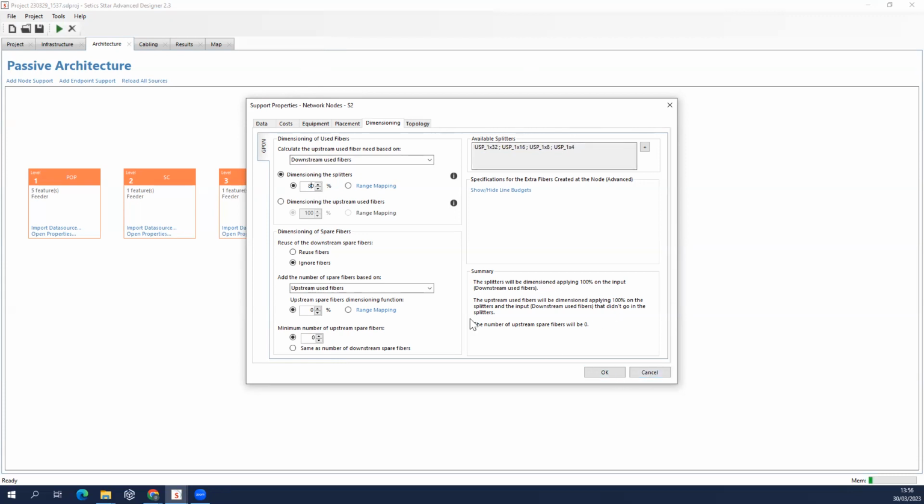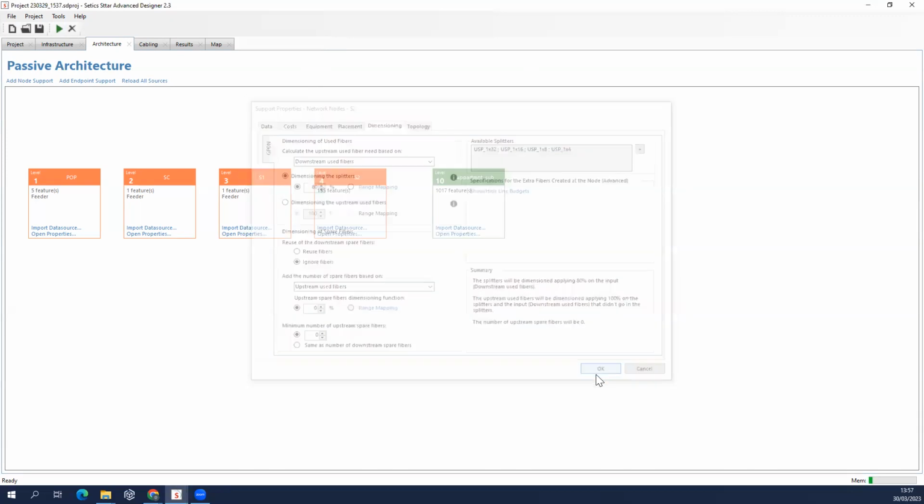Okay, guys, let's see. So 80%, because if I want to have 20% reserve, I need to put here 80% of the splitters. Okay. And if I run it,